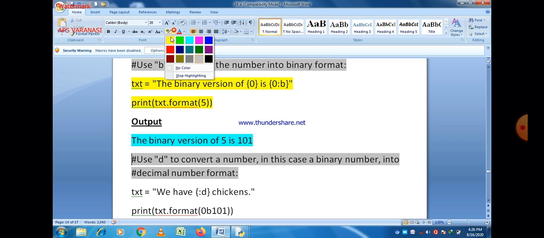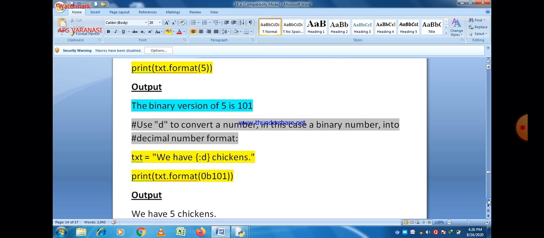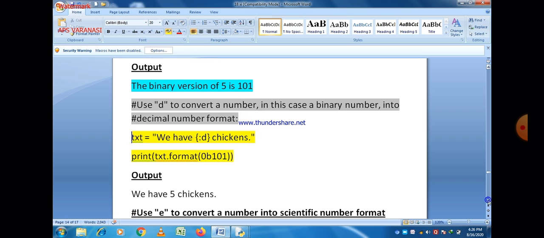So how can we differentiate whether the number is given in decimal format or in binary format? That is a good question. So first of all, we just write 0b. If we write 0b before a number, that means this number is considered a binary number. Okay, so now this is the example here.